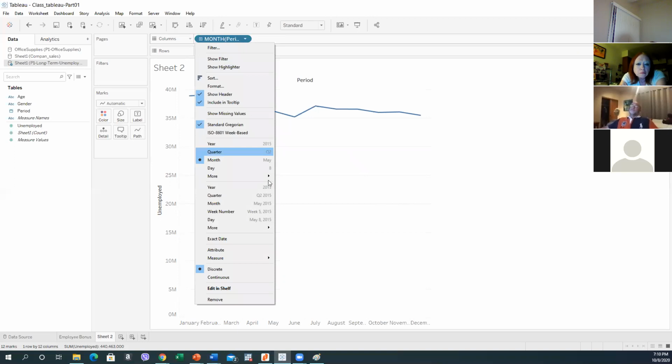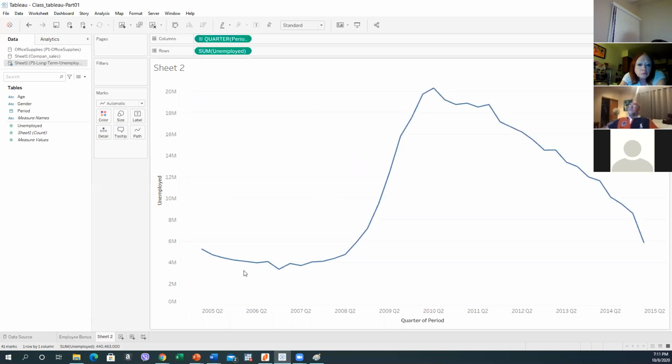And then we can see by quarter. See, this is the by quarter until 2015, okay, from the second quarter of 2005 to 2015. So we can see different this one. So what I want to see,